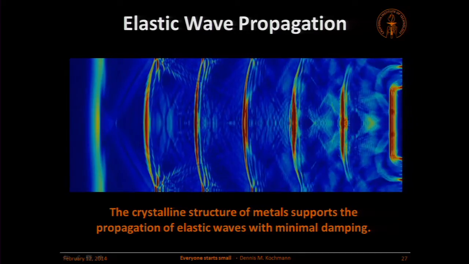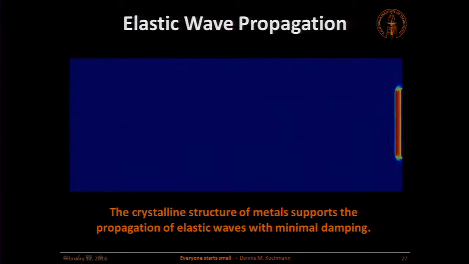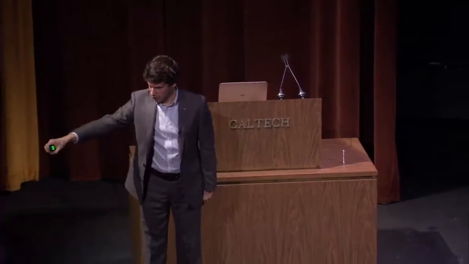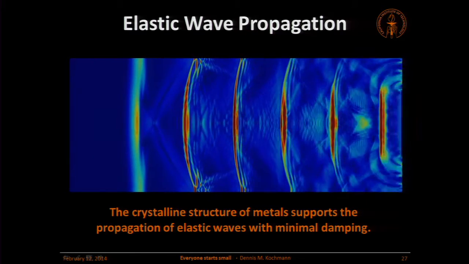All the impact energy is going beautifully through the material, hitting the poor football player on the other side. It basically looks like if you're dropping a stone into a pond and you see the waves propagating. This is what we see in metals, and this is the crystal structure that gives rise to it. But of course, nobody's perfect, neither are metals.